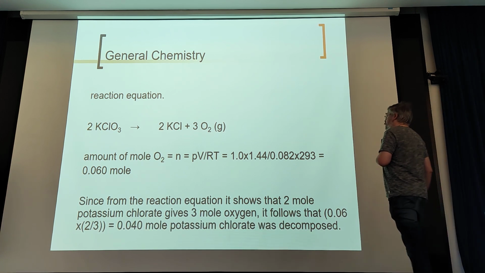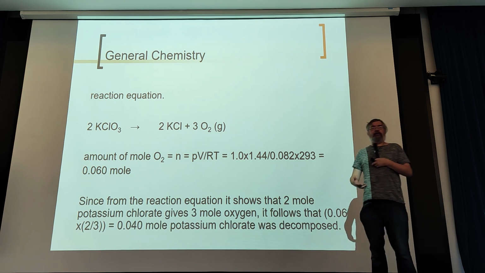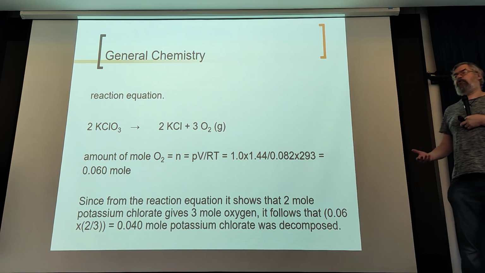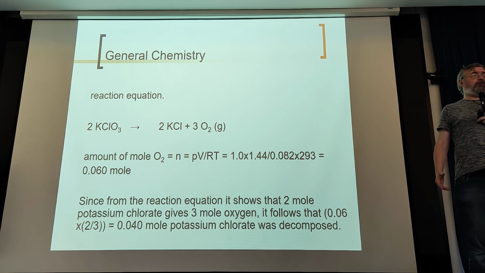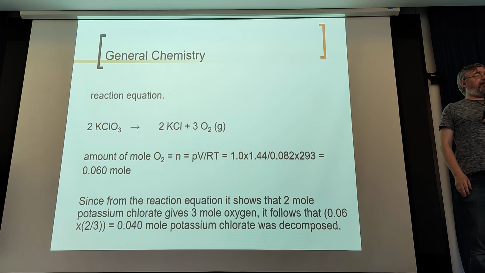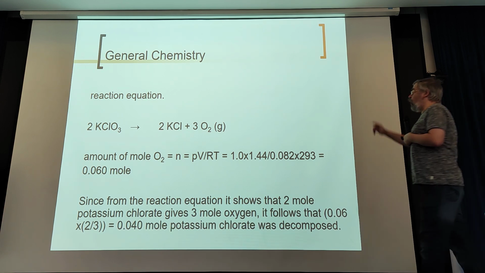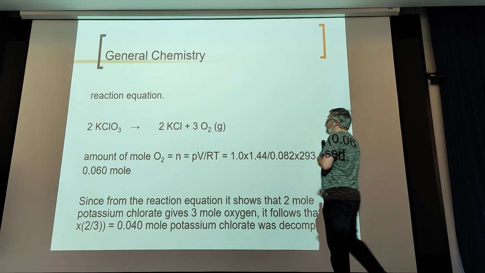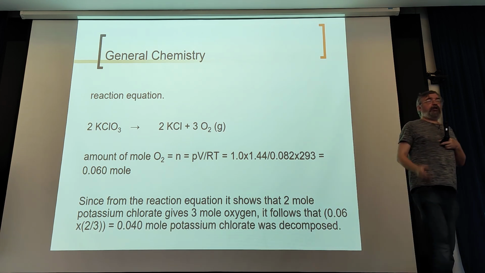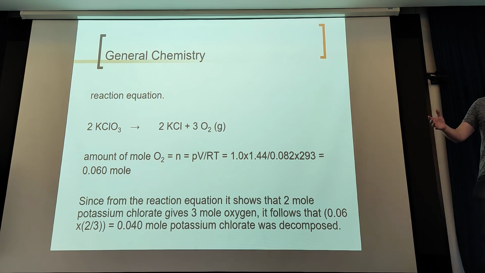Now, that's okay, but actually we asked not about dioxygen, but we asked about potassium chlorate. How much is being formed? Well, to know that, we have to look at the equation. And you see, for 3 moles of dioxygen, you need 2 moles of potassium chlorate. So that means if you have 60 millimoles